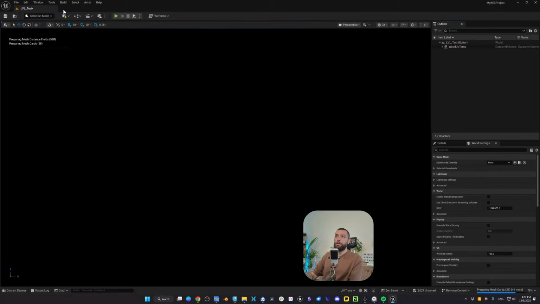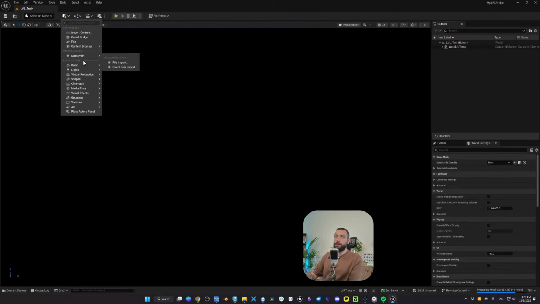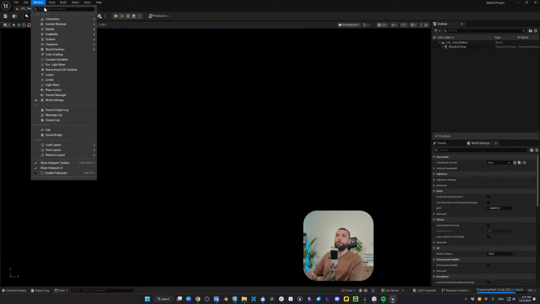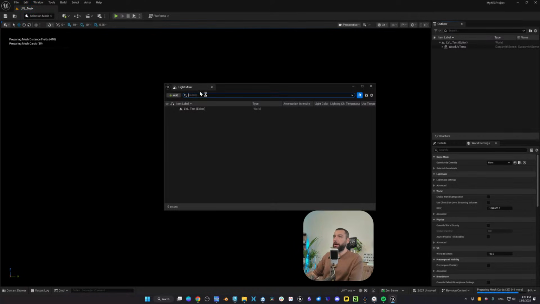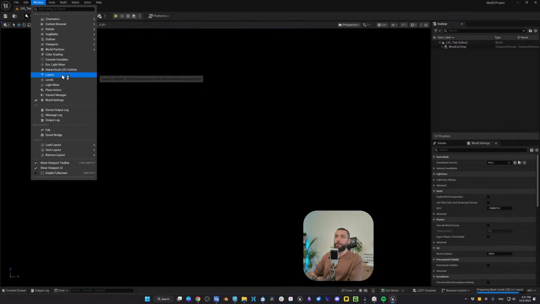Okay. So I'm going to add a quick light setup that we will change in a second. I'm going to tell you why we change it, but let's start with the default light setup that we all know. So I'm going to go to Window, and I'm going to click on the, where is it?